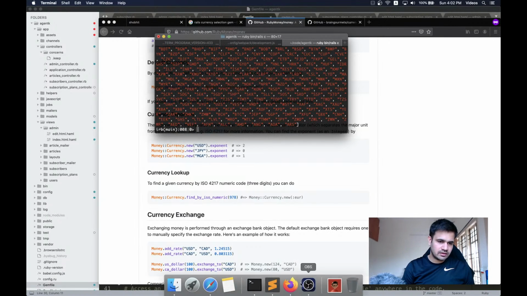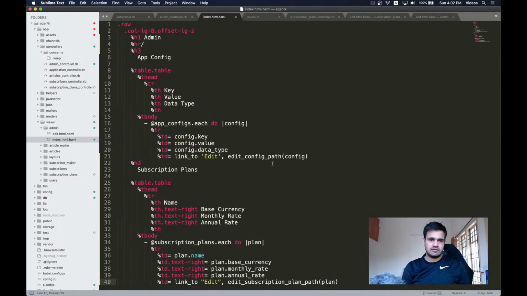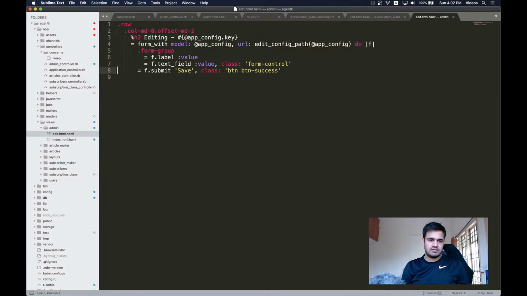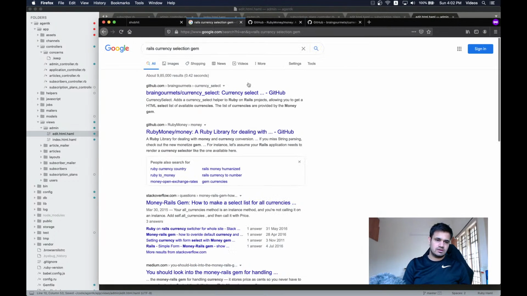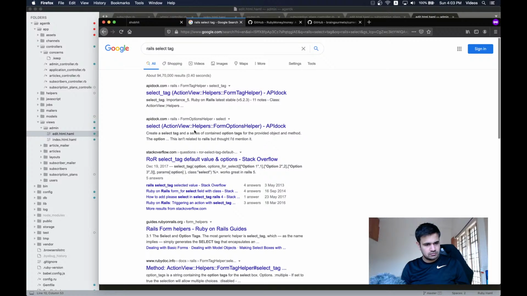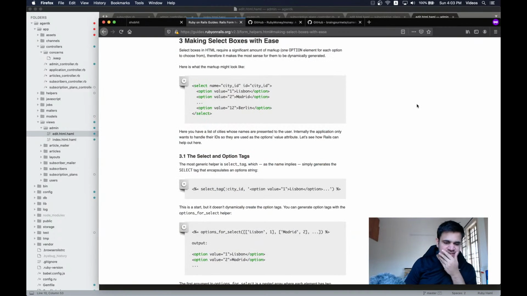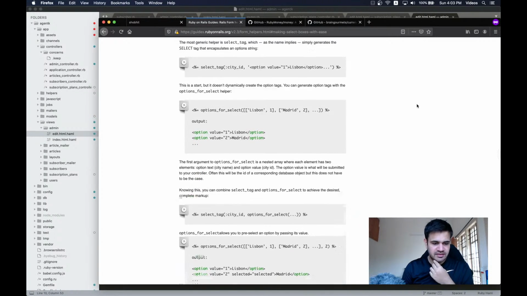Great. So now what I can do is, instead of adding another gem which I won't need, I can go to edit HTML and then Rails select tag. Okay, now that we are in the select tag,